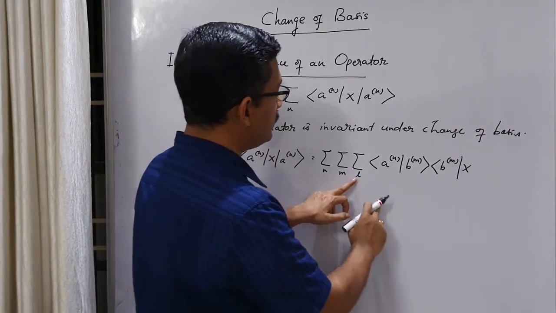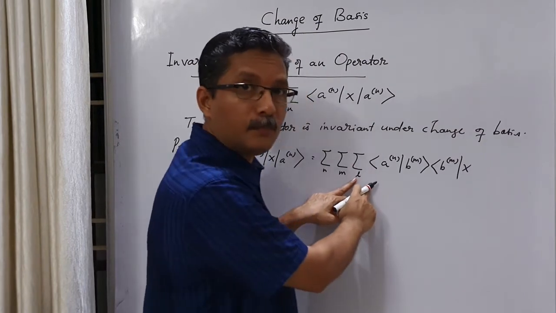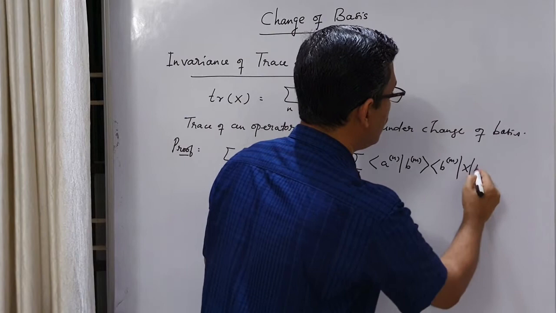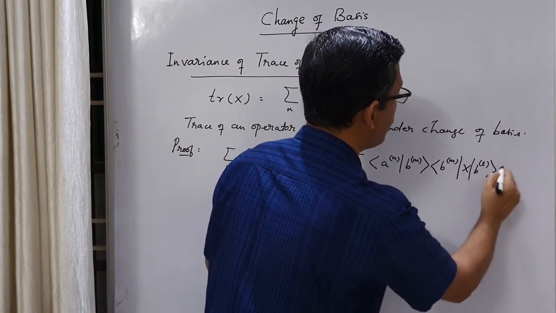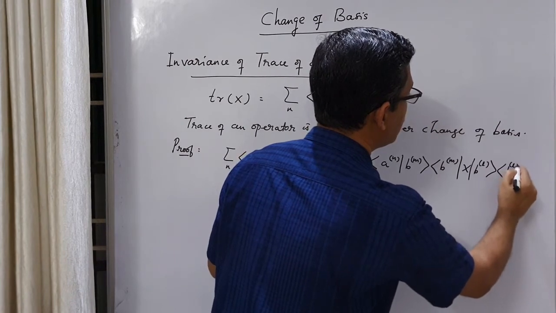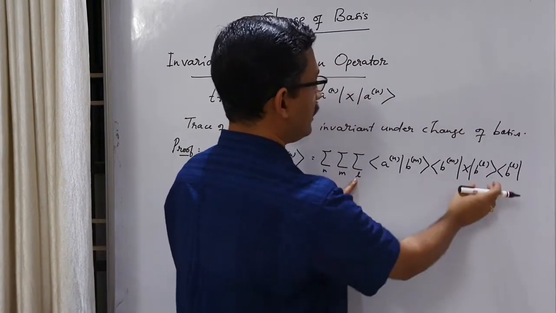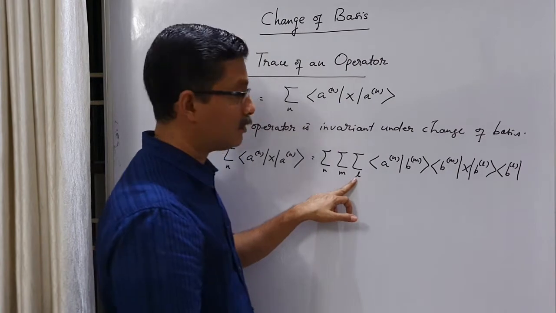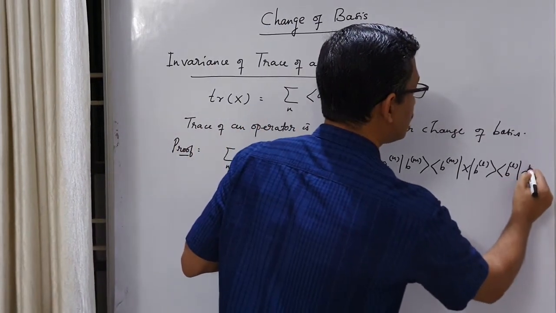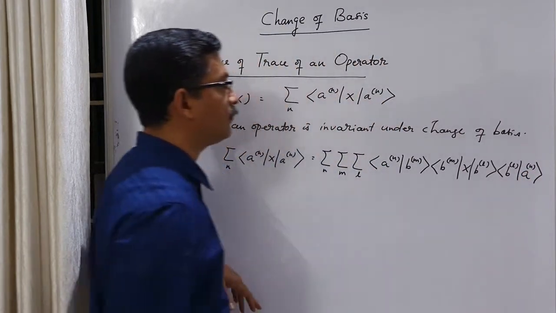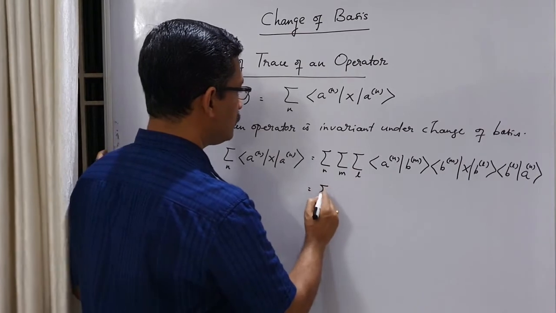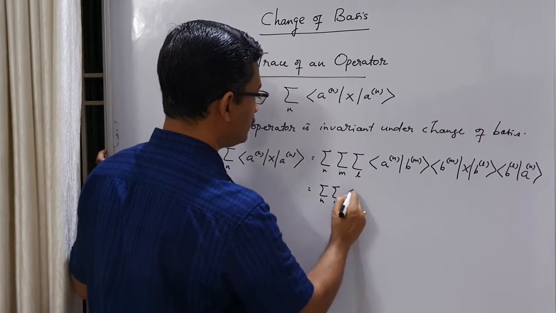And for this identity, let me use the completeness of the B basis in terms of the index l. So we have ket bl, bra vector bl. Sum over l, ket bl bra vector bl is identity because of the completeness. And then this ket an is there. Right. Now this is equal to sum over n, sum over m, sum over l.